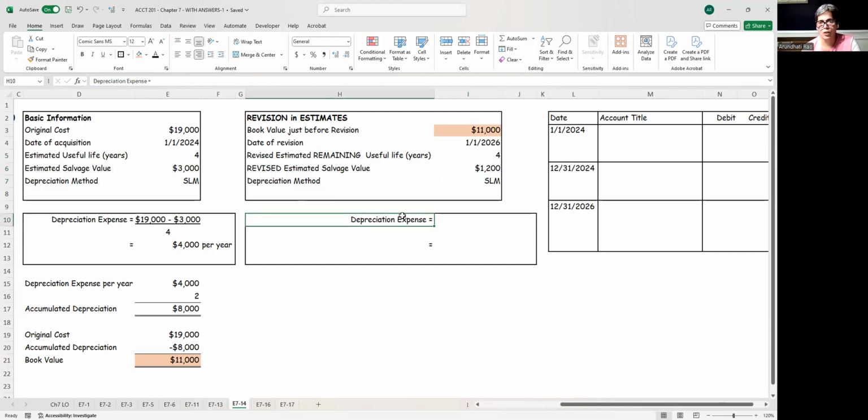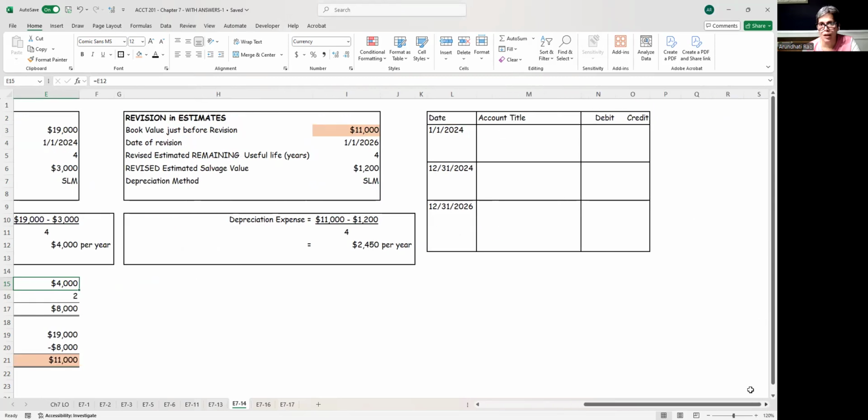So now when I calculate the depreciation expense, my starting point is $11,000. Remember we said original cost minus salvage value, but now we are going to say 11,000 minus 1,200 divided by 4. So 11,000 is the book value before revision, minus 1,200 is the new salvage value, divided by the remaining 4 years. Now that gives me depreciation expense of $2,450 per year. So depreciation expense dropped from $4,000 to $2,450 because I'm extending the life of the asset. So I've dropped it to $2,450 because I think I can have the asset for